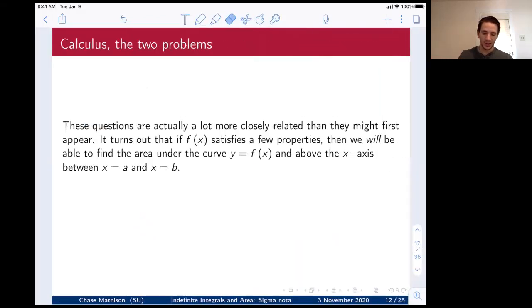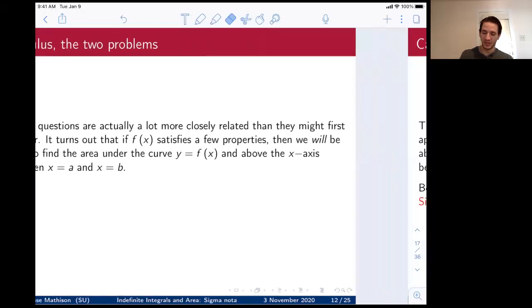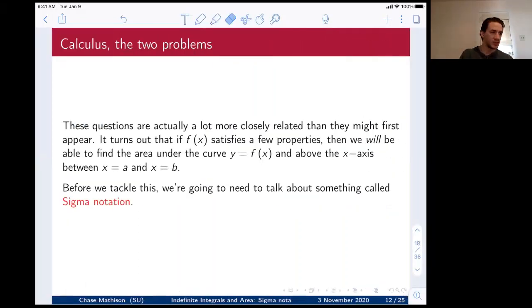Okay, so it turns out that you only need f to satisfy a few properties to be able to find the area under the curve f of x between a and b. You only need f to be continuous to be able to do that, but we're going to see that next week. But today I'm going to show you something we're going to need for next week, which is sigma